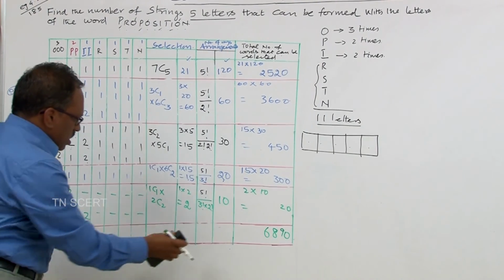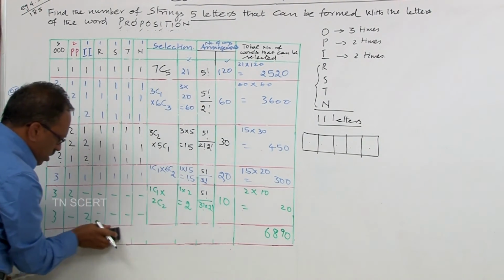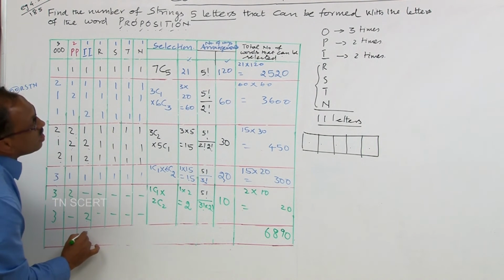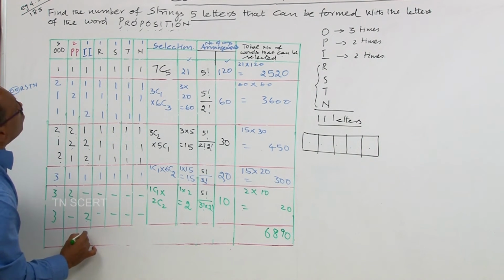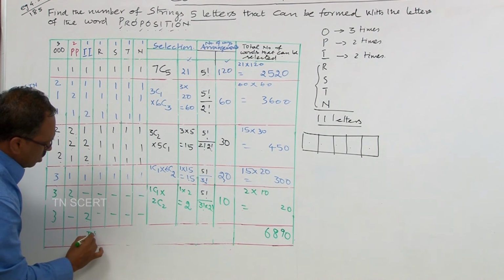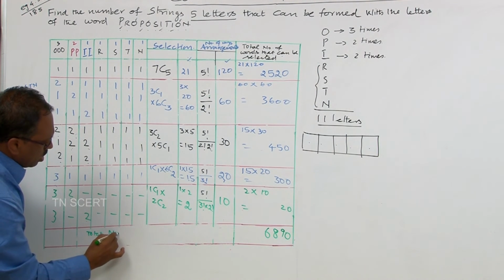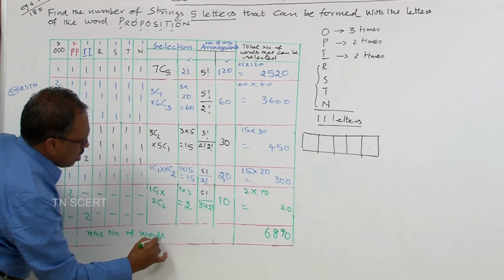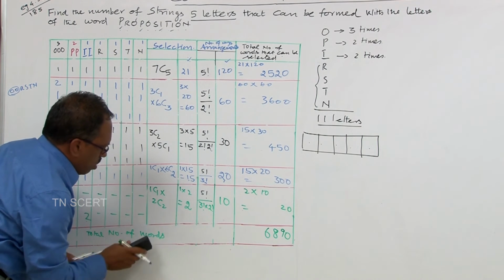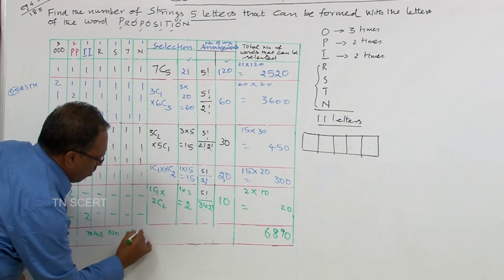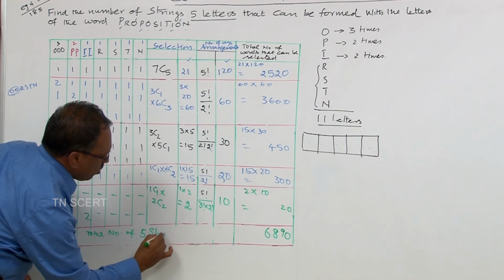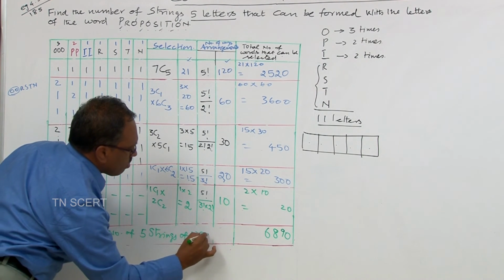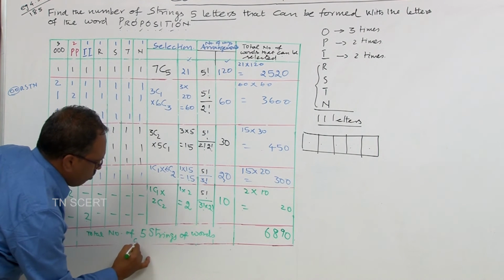So this is the way the total number of words, total number of 5 letter words, 5 strings of words can be formed